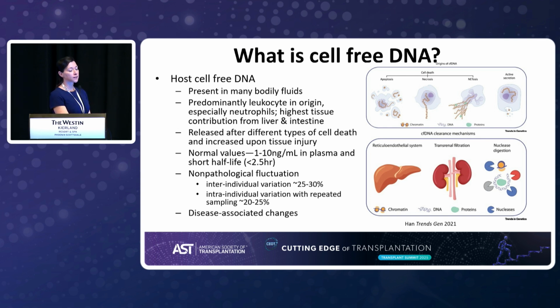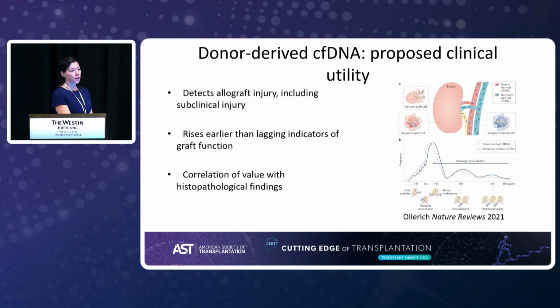And then the abundance of cell-free DNA changes with increased tissue injury associated with disease. So the premise of donor-derived cell-free DNA is that it leverages the genetic disparity between the donor organ and the recipient to detect the donor's cell-free derived DNA as a marker of tissue injury from the allograft. So it has been demonstrated to detect allograft injury, including subclinical injury, and this is because it is quite dynamic